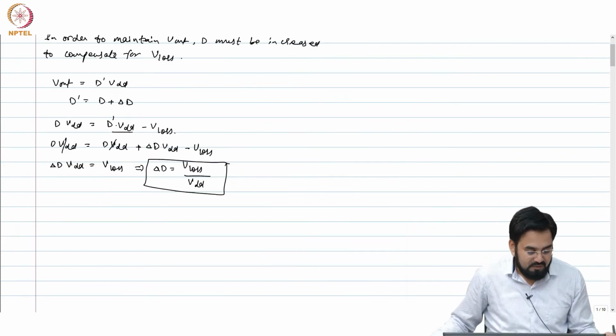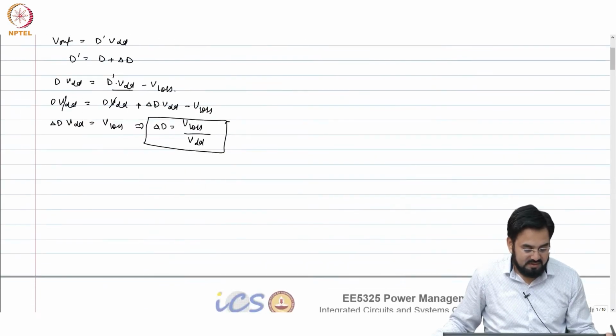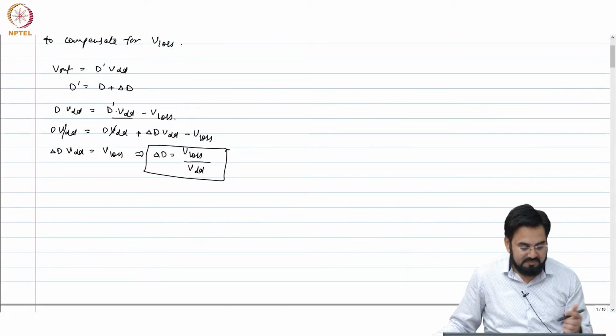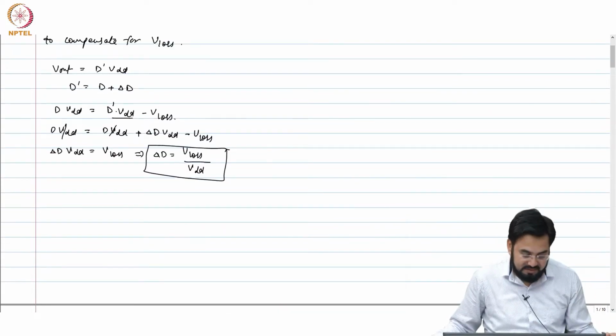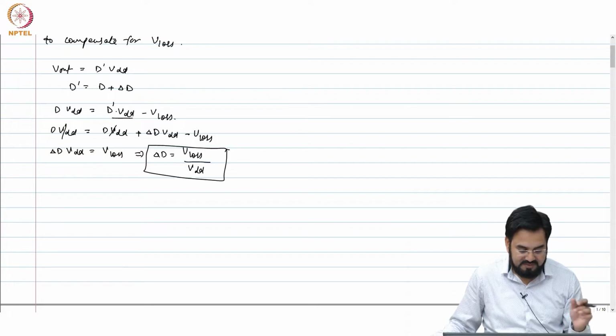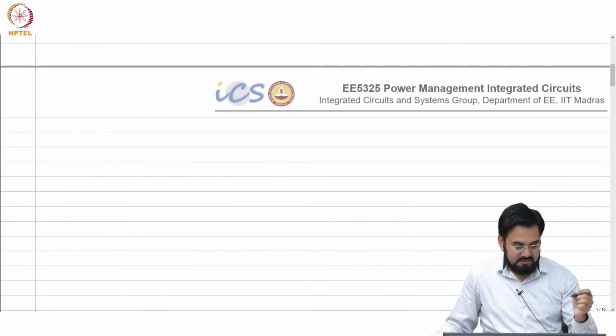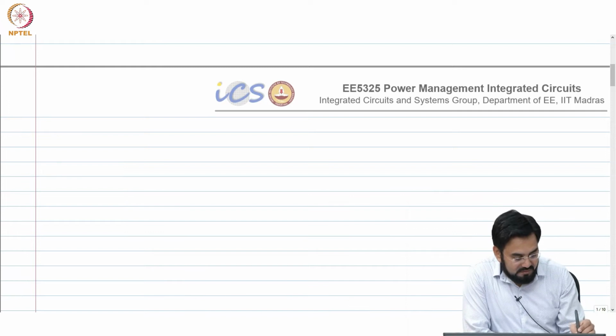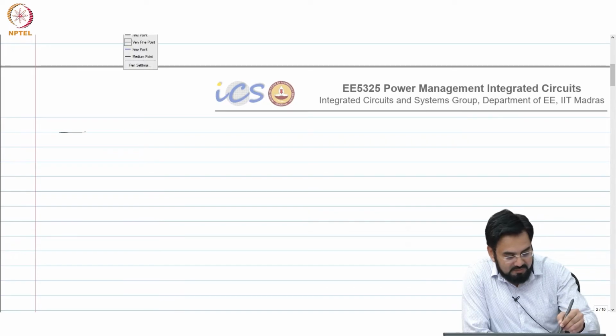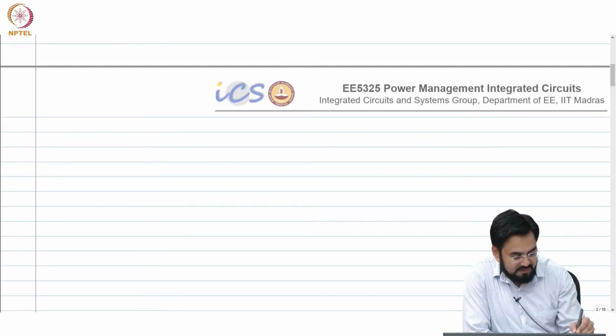Okay, so we looked at how you calculate the losses, basically the voltage loss, and that should be nothing but the change in the duty cycle multiplied by your input supply voltage, which is VDD. So, a buck converter can also be modeled as a transformer.